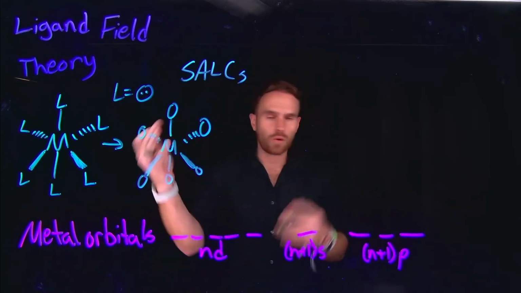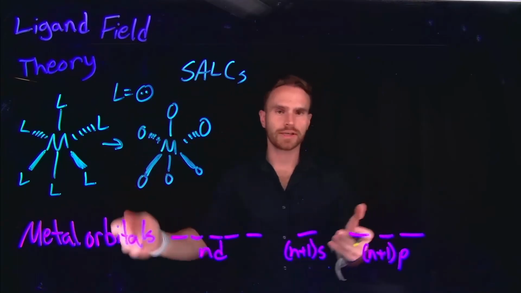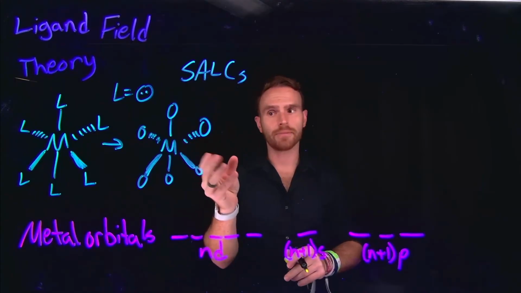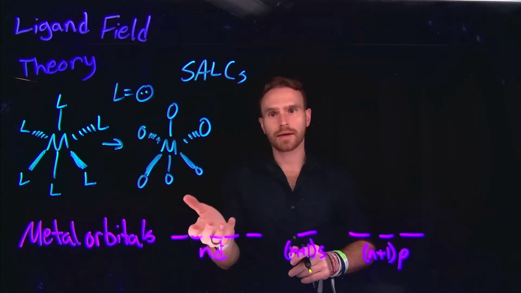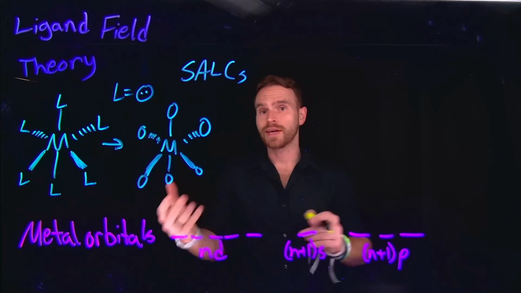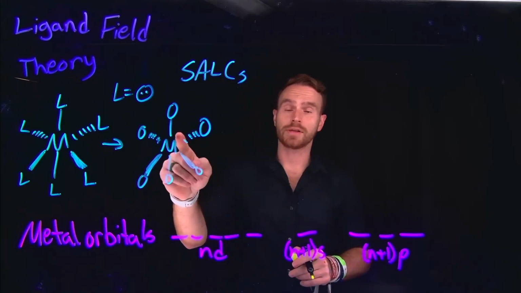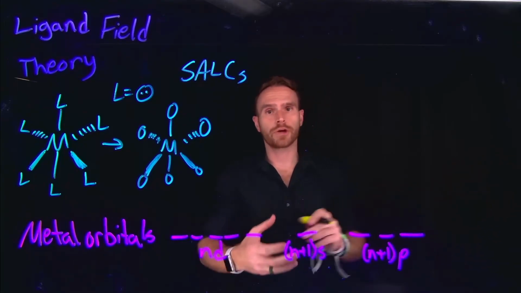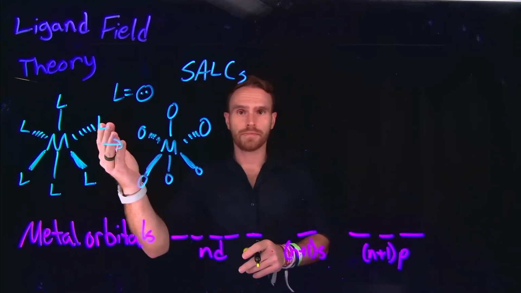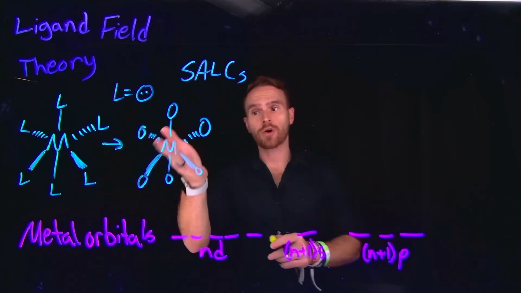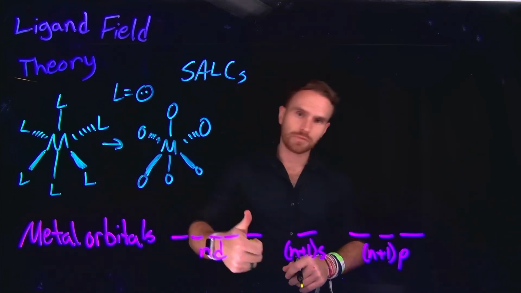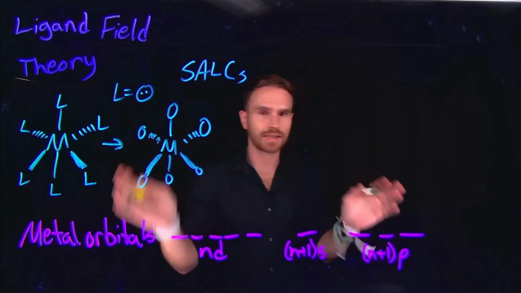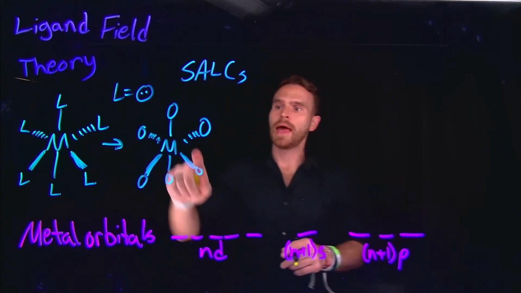So if we recall how to do symmetry-adapted linear combinations of atomic orbitals, you start by first considering the center atom, which in this case is a metal, assigning its point group, determining what are the irreducible representations that correspond to the different orbitals on the center atom, and then subsequently looking at the group orbitals and figuring out what are the irreducible representations that correspond to that, using the reduction formula and looking up the point group, a character table, and all those things. So it's the same as when we looked at this previously, and we can start by looking